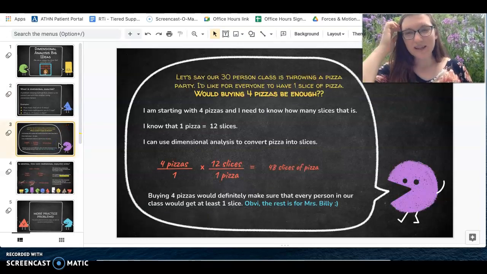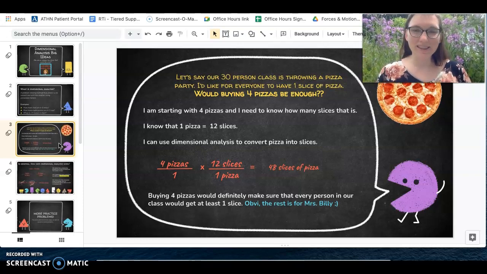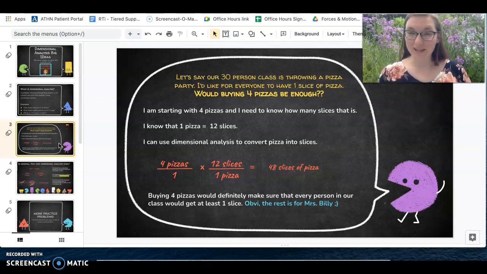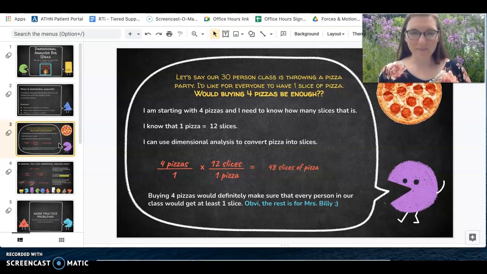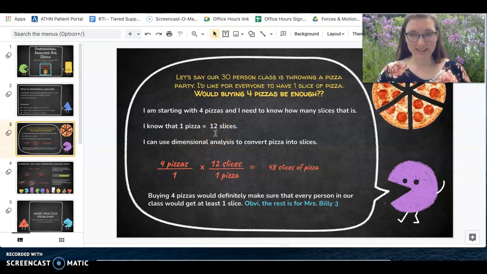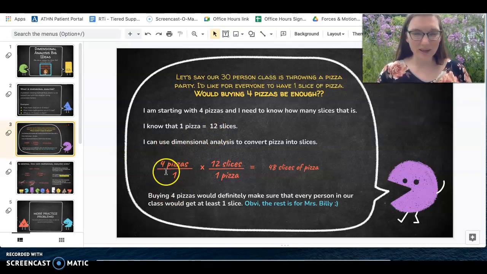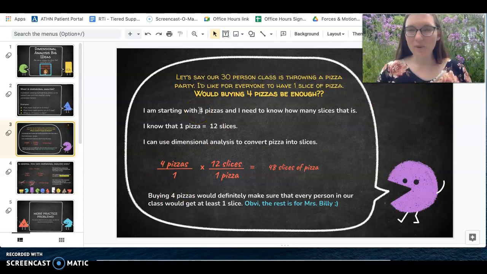So let's think about an example. If we want to throw a pizza party for 30 students, and we want to make sure we have at least 1 slice of pizza for each student, obviously we're going to need 30 slices of pizza. And we know that 1 pizza has 12 slices in it. So to do that, we can say we want to know if 4 pizzas is going to give us enough